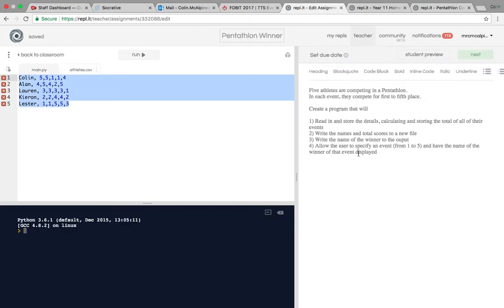What we want to achieve is having a program that's going to read in and store the details of each competitor, store the 5 positions that they achieved for those races, as well as the total for all of those events, which will allow us to work out the winner. So obviously first position in a race is better than 5th, so the person with the lowest overall total